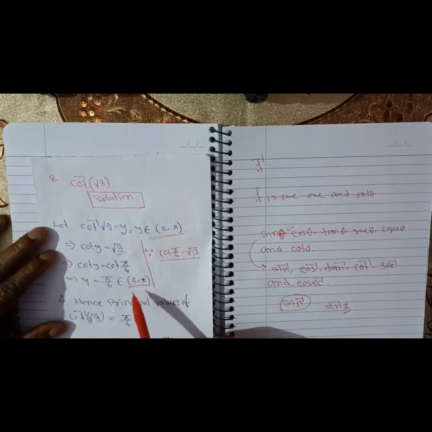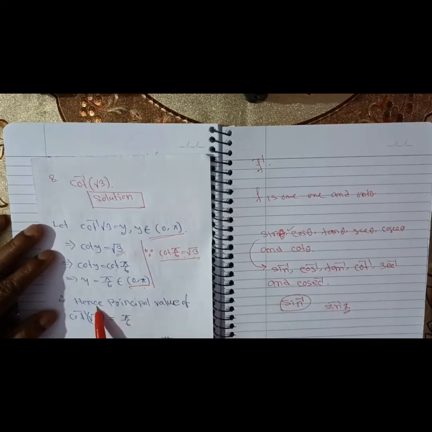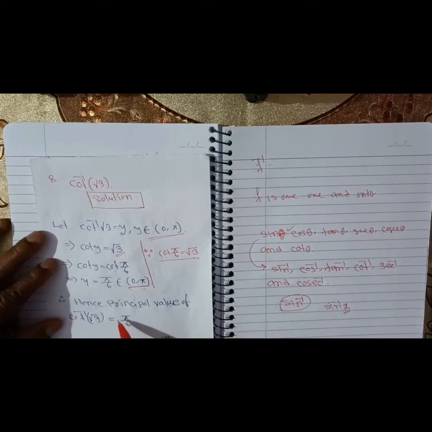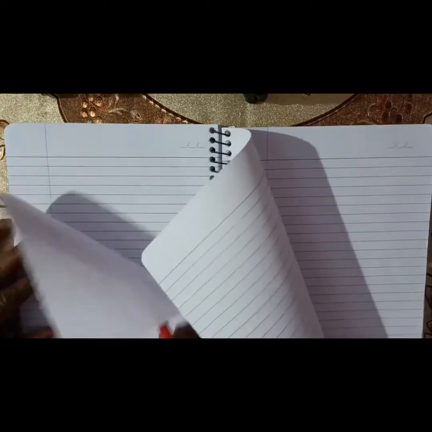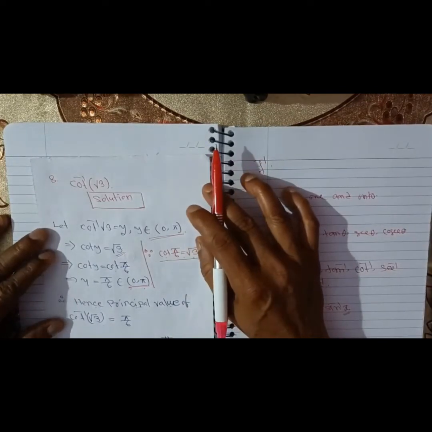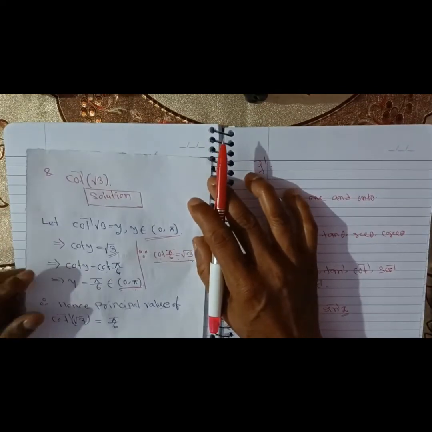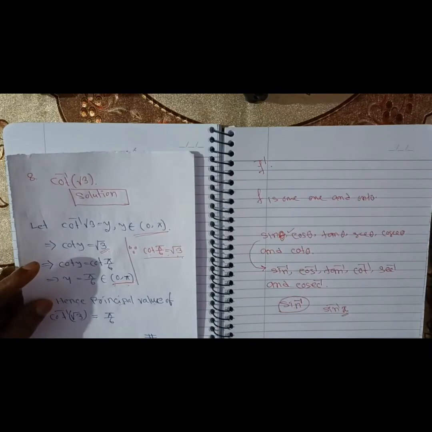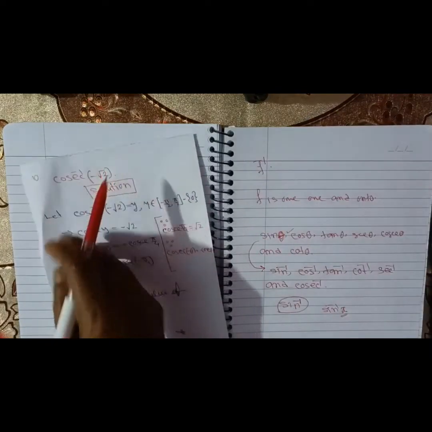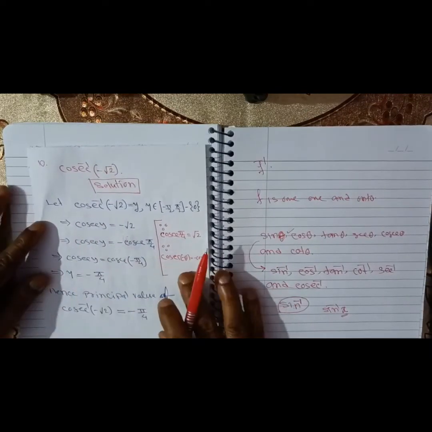This is the principal value branch of cot inverse. Hence, principal value of cot inverse root 3 equals pi by 6. Next, we are going to discuss the next question in NCERT textbooks for